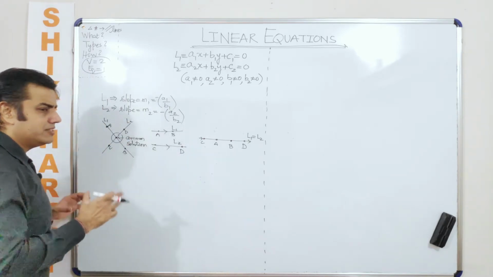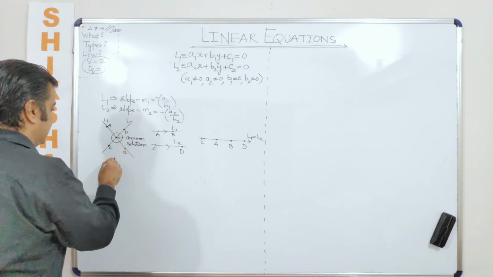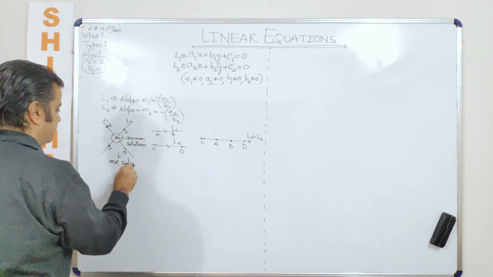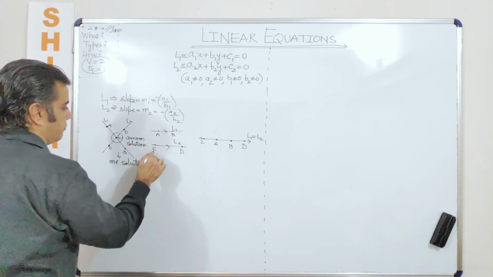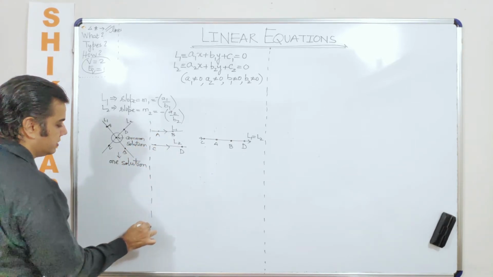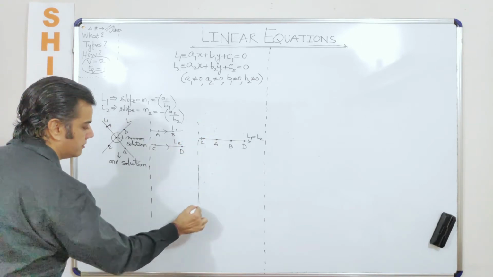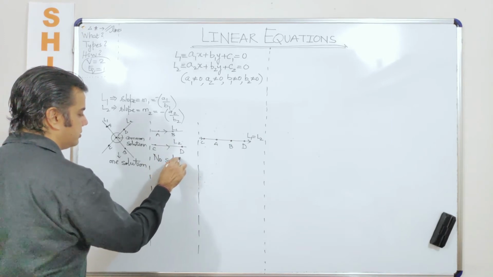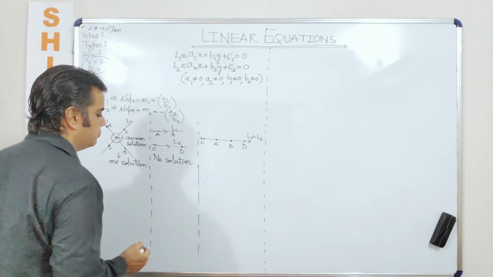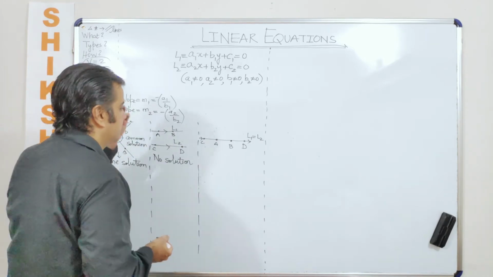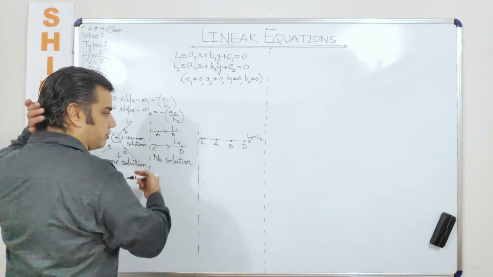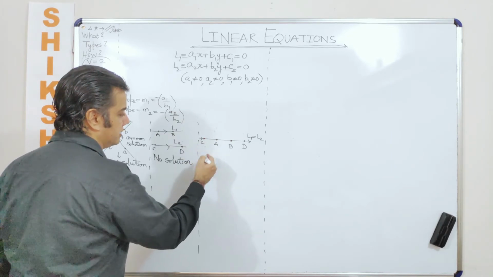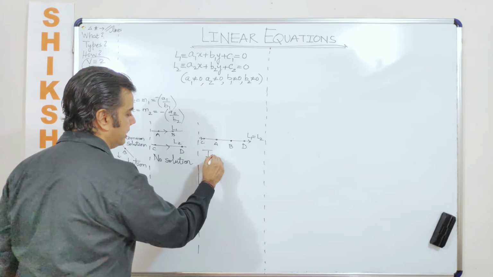So just by this explanation itself, can I say here I'll get only one solution. I'm just drawing a line in between just to segregate the cases. So here I'll get no solution. Why? Because both the lines are not intersecting with each other. So you will have no common solution. Common is which is common to both. And here you are having, let's say, a non-unique solution or infinite solutions, infinitely many.